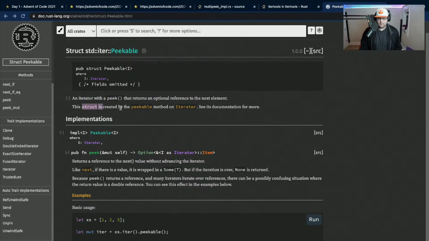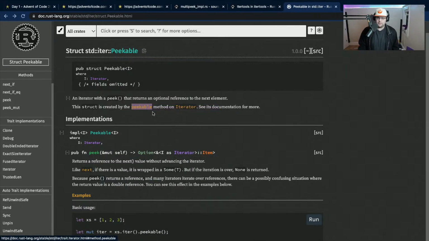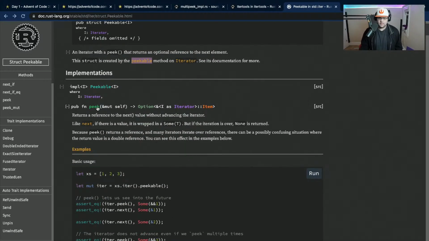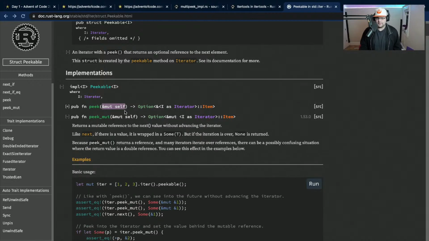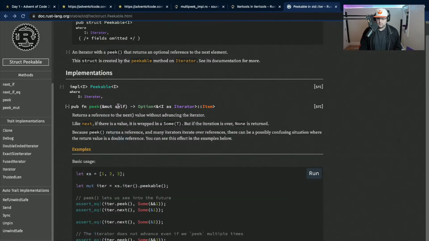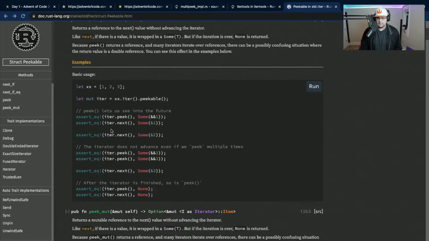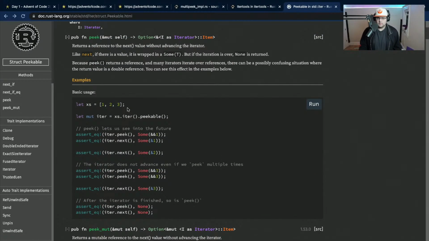Optional reference to the next element, struct is created by the peekable method on the iterator. Sure, we'll open that. Peek takes a mutable reference to self and gives us an option that is a reference to the item. But why are we holding on to the reference so long?